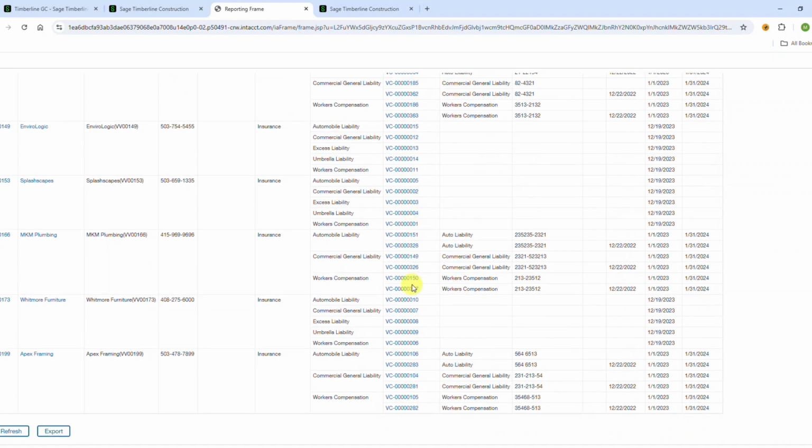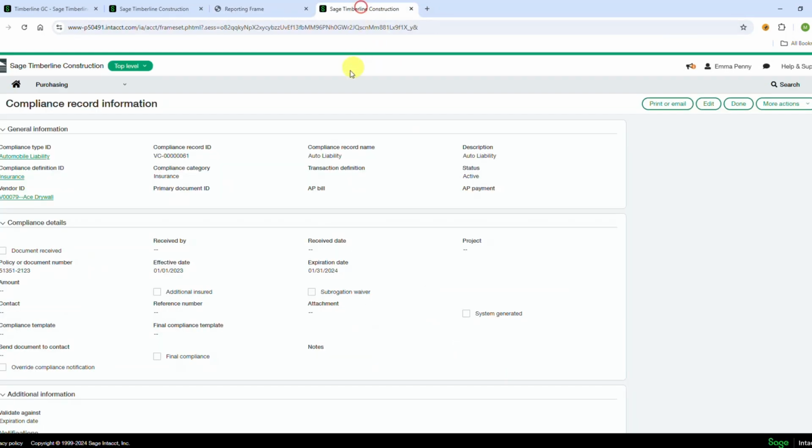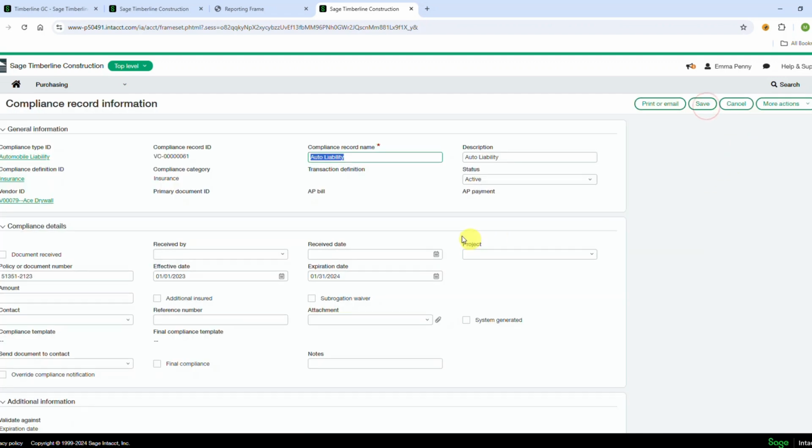And if I scroll down, you're going to be able to see all the different compliance types underneath a vendor. So Ace Drywall has automobile liability, commercial general liability, workers' compensation. So the easiest thing to do is to come to this report because you can drill down on these transactions if you have security clearance to do so. So then you can instantly find what you need to update, and you drill down and it brings you directly to the compliance record underneath that vendor